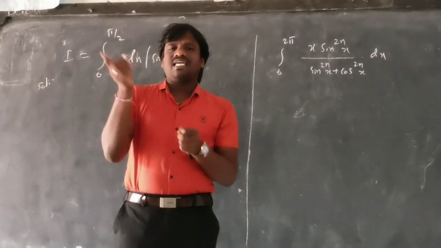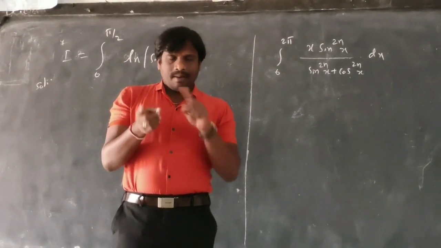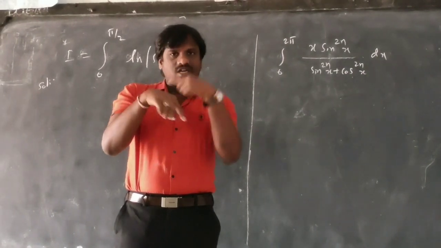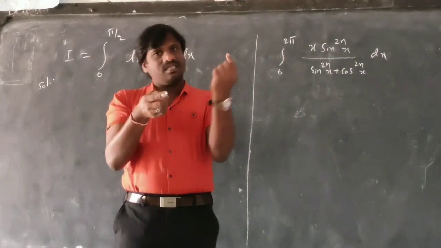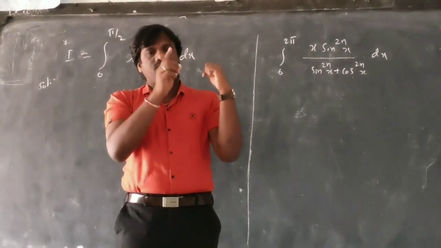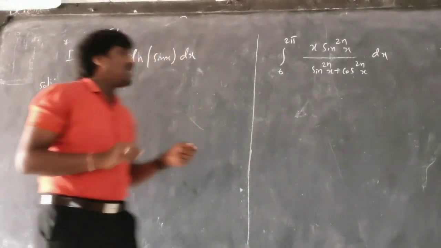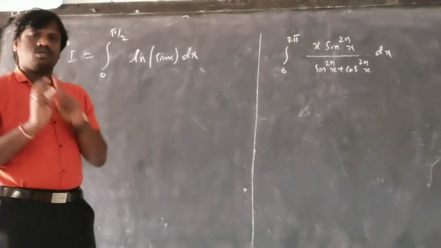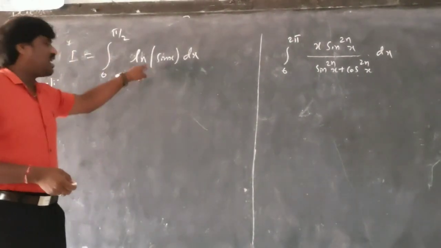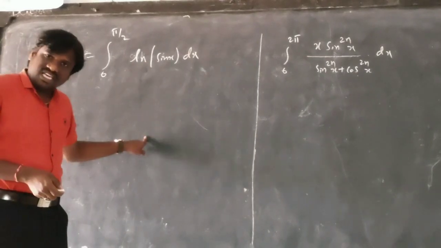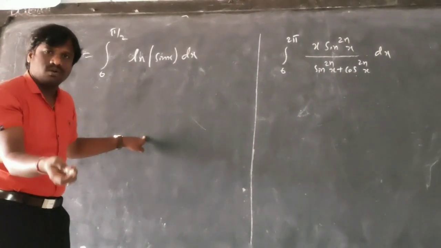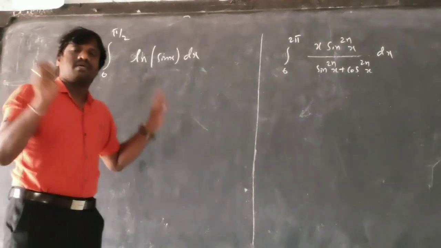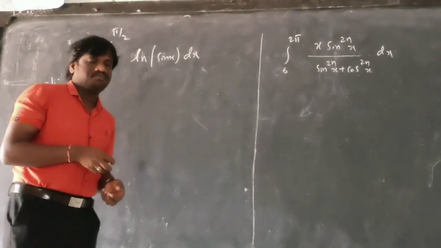Now applying the king rule, adding the equations, and applying the king rule gives a result, and this result is the same as applying the king rule directly. So I will do this one directly using the king rule. You can use two things: apply the king rule, add the equations, then apply the king rule, or directly apply the king rule. Both can be helpful to solve this question.